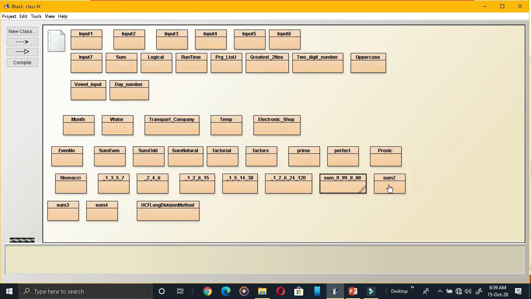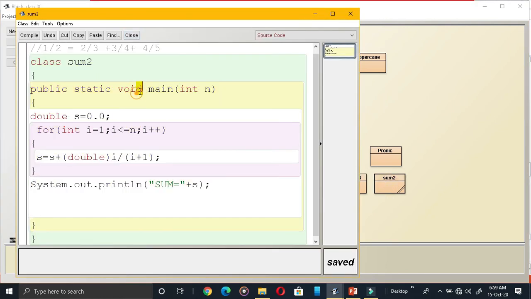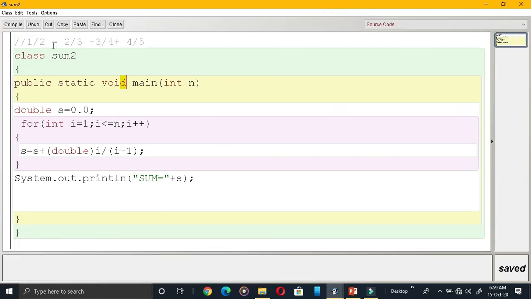The next program is summing of the series, second one. We need to add 1 by 2, then 2 by 3, then 3 by 4 plus 4 by 5. One thing is common: 1, then 2, then 3, then 4.